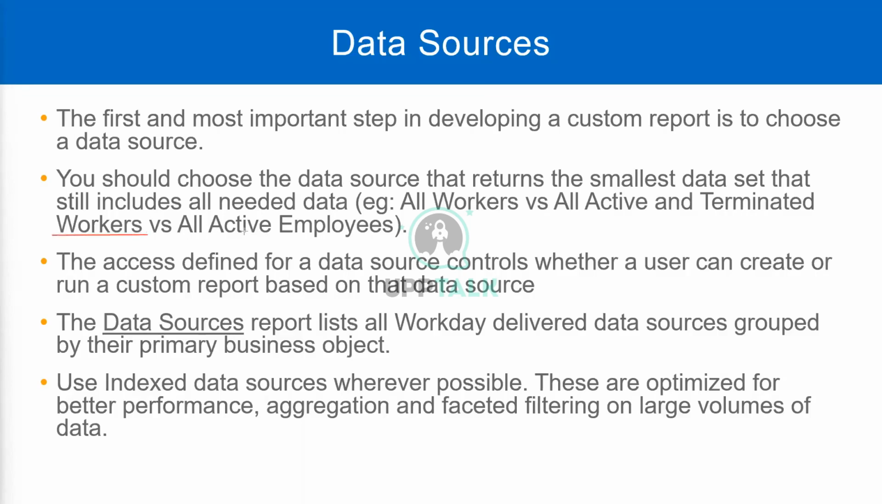So all active employees will have only the employees and not the contingent workers. Correct. So all active employees will have the active employees, not the contingent workers. It is an even smaller set, isn't it? So which one, between these three: all workers, all active and terminated workers,